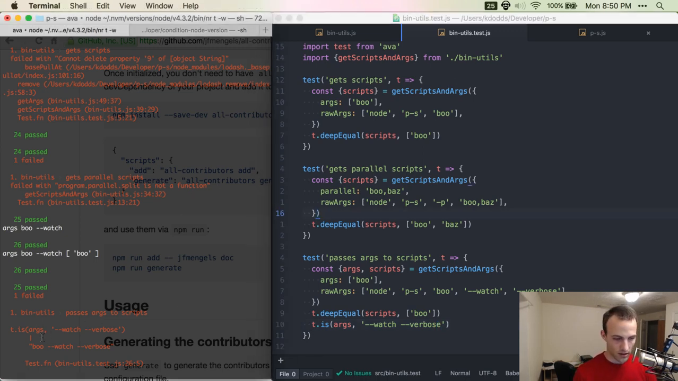Okay, so here it has boo, and it should not have a bug, so